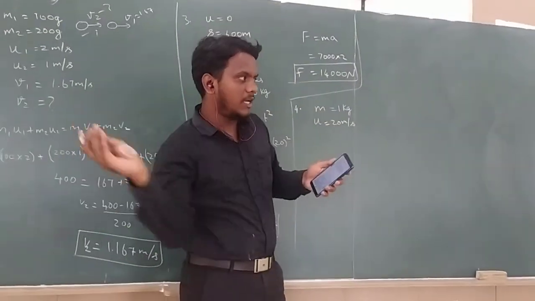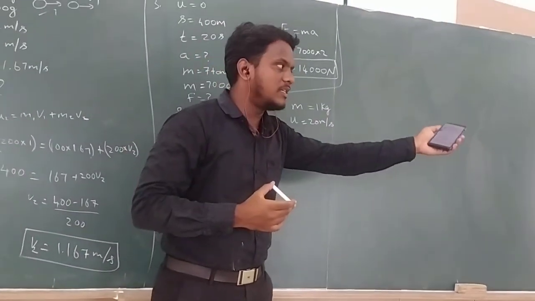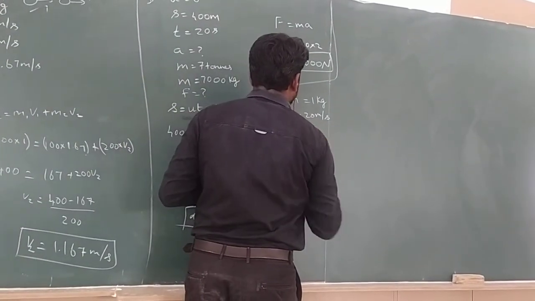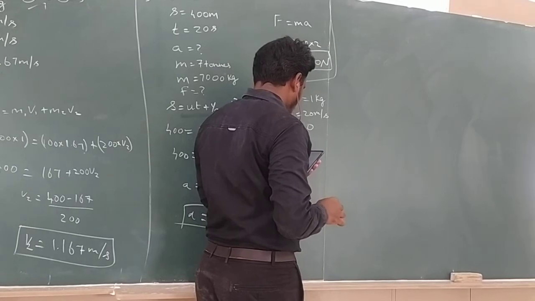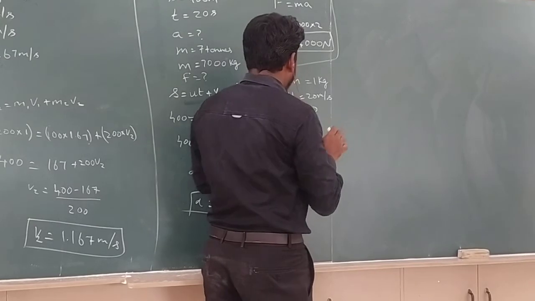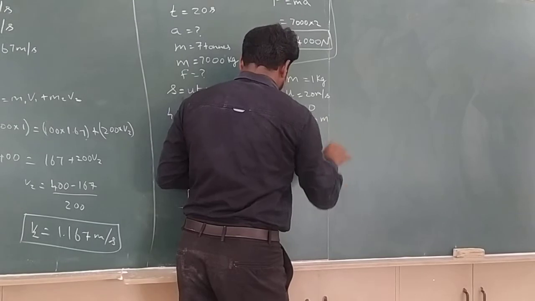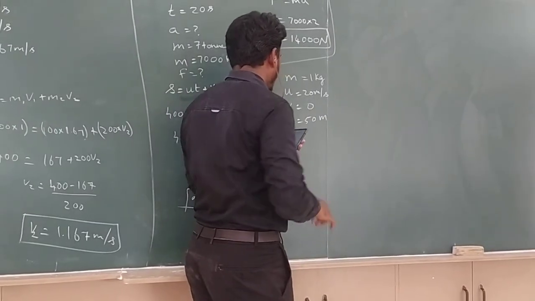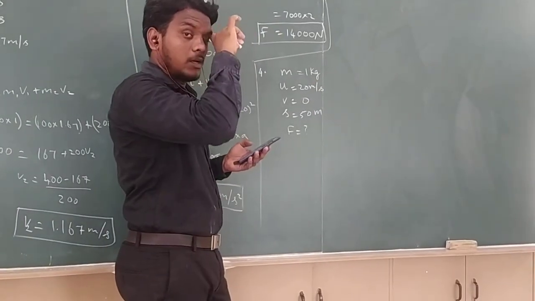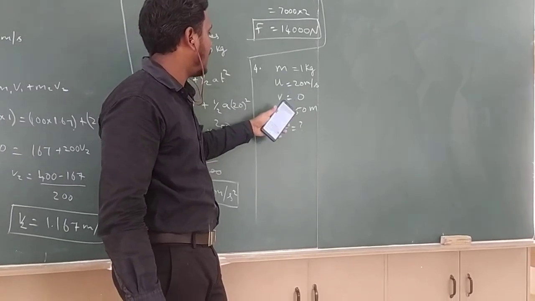So I am throwing something with the initial velocity of 20 meter per second. It comes to final velocity 0 after some time. That is, it comes to rest. So v equal to 0. Rest after travelling a distance of 50 meters, so distance travelled is 50 meters. What is the force of friction between the stone and the ice? So force equal to m into a, right? So we have to find a. So for finding acceleration, what do we have? We have u, v, and s.